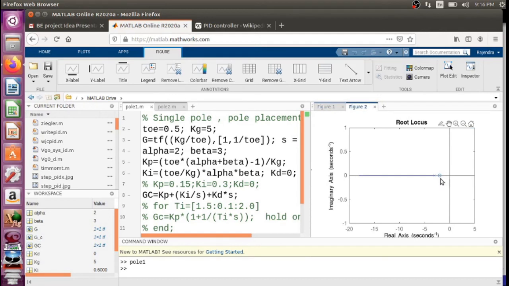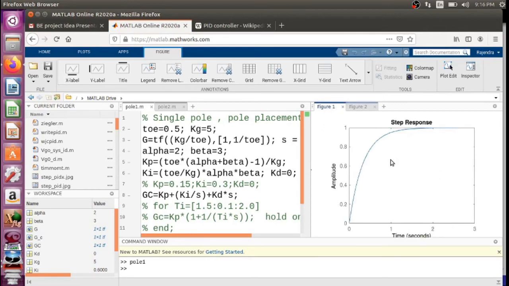Actually there is one zero at s equals minus 2, and poles at s equals minus 2 and s equals minus 3. This one can find out also. That means we got a desired response here.